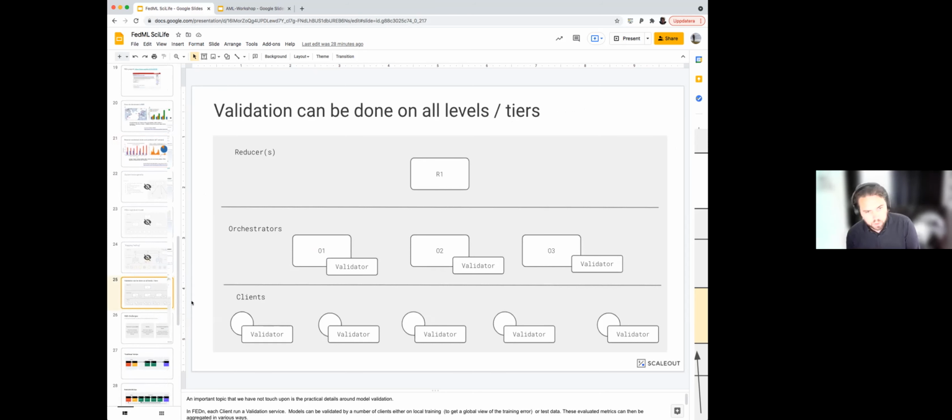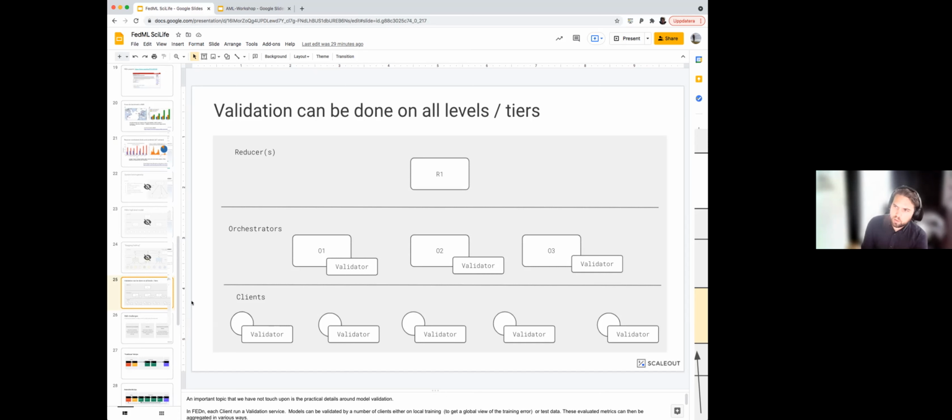We talked a little bit already in the question about the validation, but this is interesting in the federated context because we can essentially choose to validate during training on different levels. And these pictures illustrate that. So we can have validation happening on the client side during training, but we can also imagine setting up validator nodes on the combiner level or even on the global level. And I think if you were to form a real federation to solve a problem together, this is something that you have to talk about as well and agree upon how validation should happen.